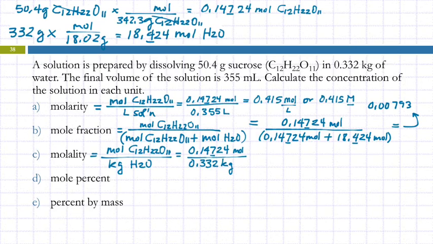0.4395. I don't remember getting that number yesterday. Maybe I screwed it up. 0.4395. This should have 3 sig figs, right? So how do we write this? How do we round that? 0.440. The 5 says we have to round the 9 up to a 10, so that rounds the 3 up to a 4, but we still need 3 significant figures, so we need to put a 0 there. And then this is moles per kilogram,